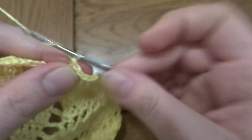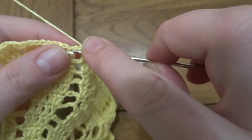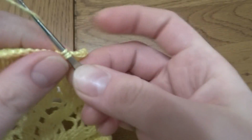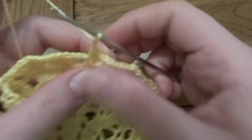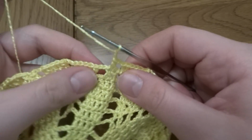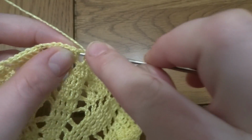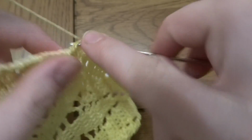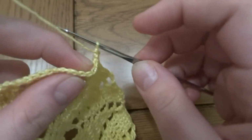And again chain of 2, into the next 2 stitches we have to make a decrease, chain of 2, and we have to repeat our pattern all the way around. Now 2 double crochets into the first stitch, then 1 double crochet into the next 4 stitches,